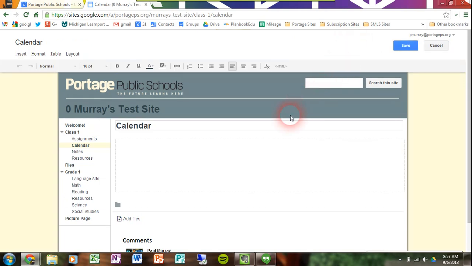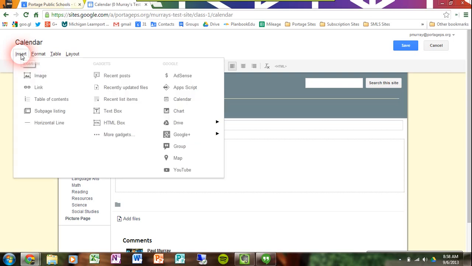Now that the editor has been loaded, I'm going to place my cursor where I want that calendar to appear, and since I'm just going to use this box, the cursor's already flashing there, so I'm all set and ready to go. If you travel on up to the Insert menu at the upper left-hand side of your screen, click Insert, and then move over to the Google list of gadgets. You'll see that there's an option for calendar. If I click there,